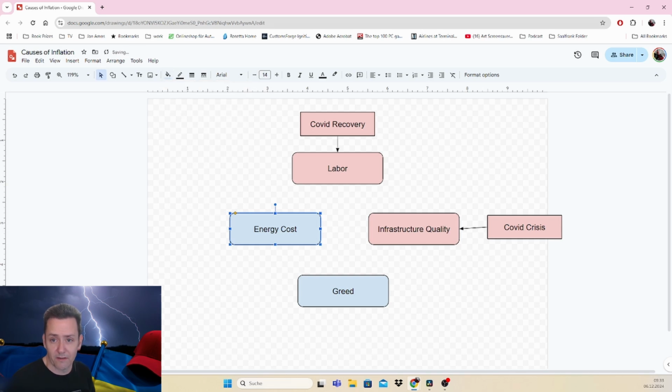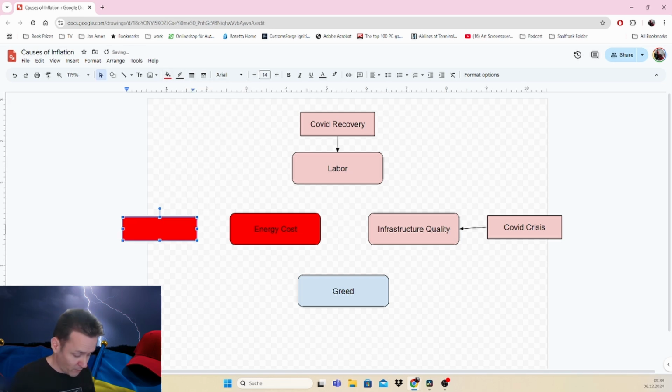And then finally, and this was the really big one, what really happened is this massive energy cost spike. And this was a very simple reason, right? The reason is, of course, Putin's attack, the Russian attack on Ukraine. Right? No doubt. There's no question or doubt about this. This forced Europe to shift its energy supply. It forced the world to